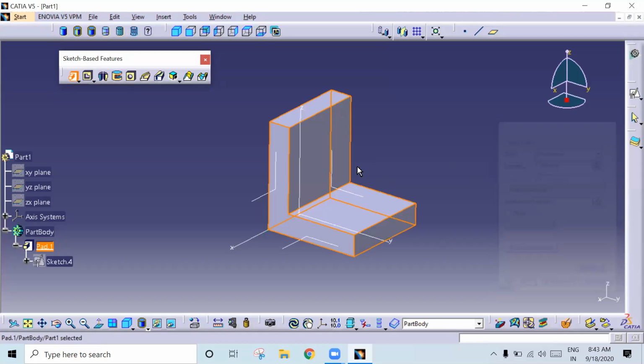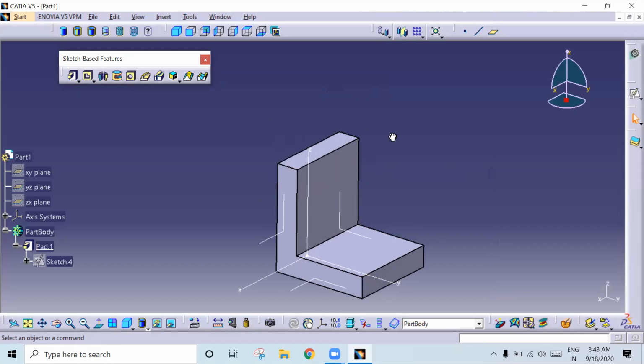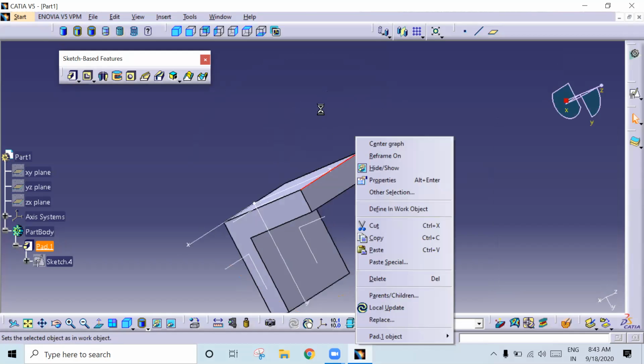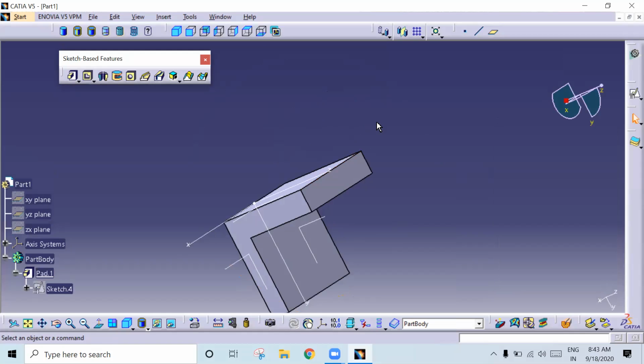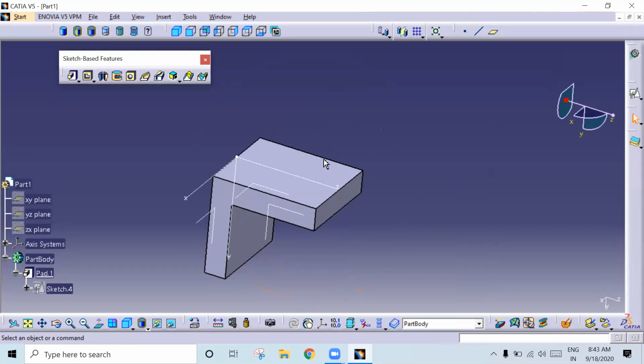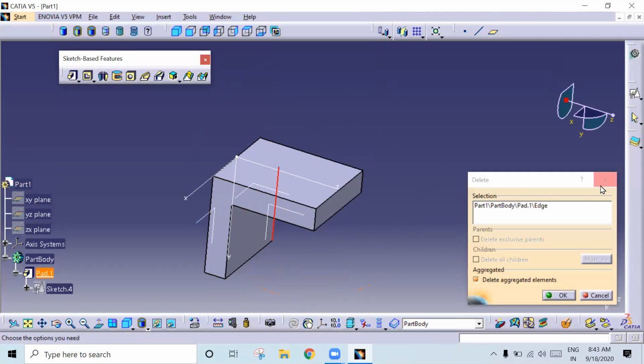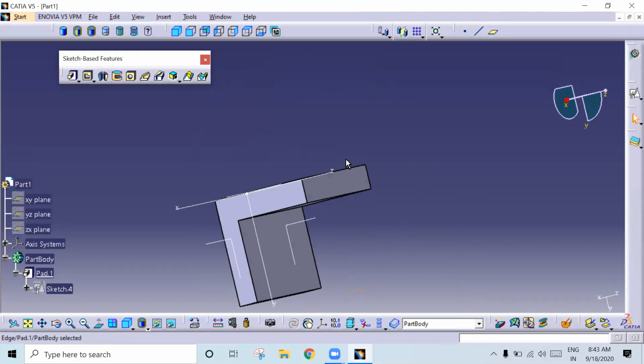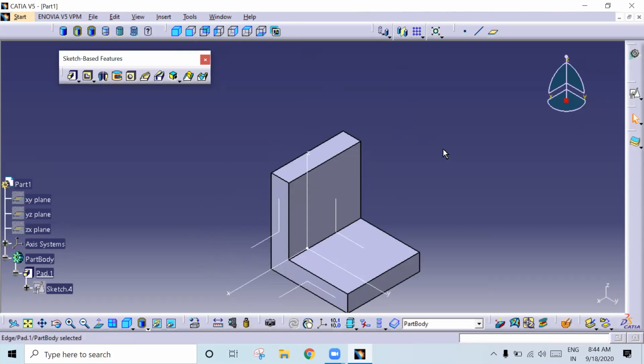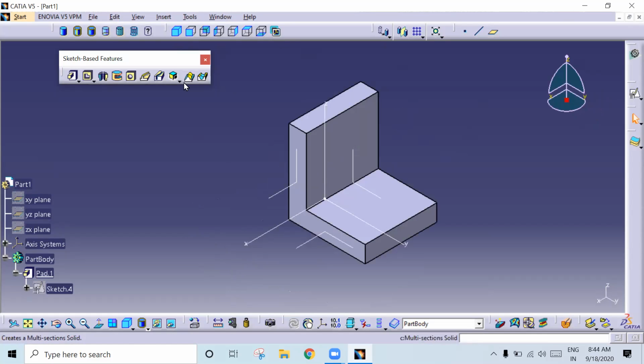Okay. See, suppose consider this is a clamp. Suppose you are applying load here. If you are going to apply load, what happens? It is fixed, so there will be a deformation here. To avoid the deformation, we are going to provide stiffness here. So how to provide those stiffness? If you go to the drop down menu, we have stiffener. So click on the stiffener.